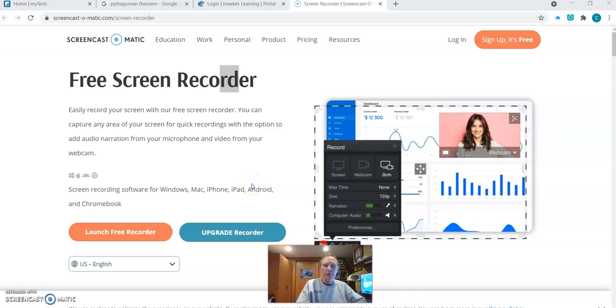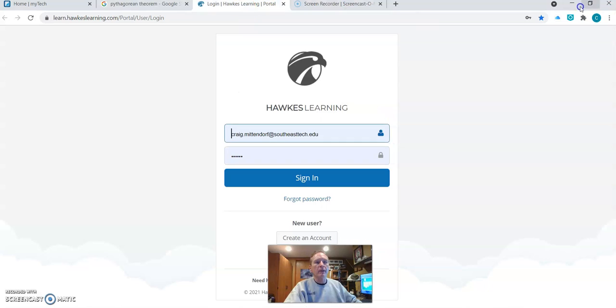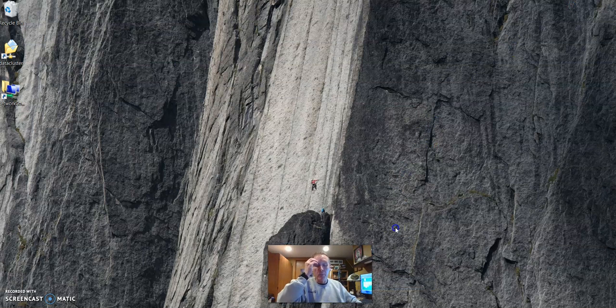I am a security IT major at Southeast Technical College. I am a longtime PC user. I'm considered a power user. Not only am I a power user, but I troubleshoot and repair my own computers, as well as building my own computers. With that in mind, we're going to go over just a couple of things on maintenance of your computer,